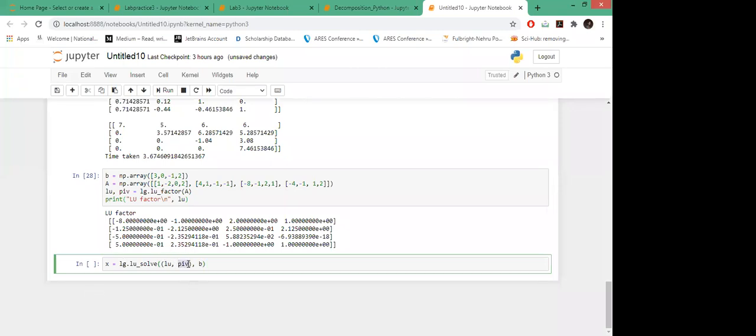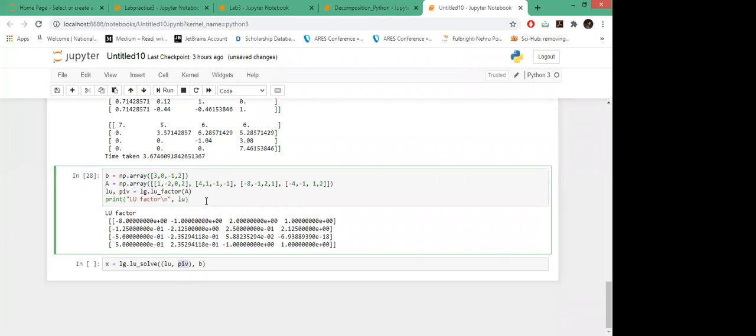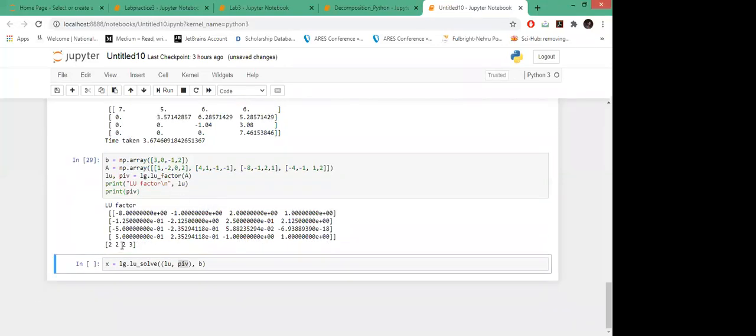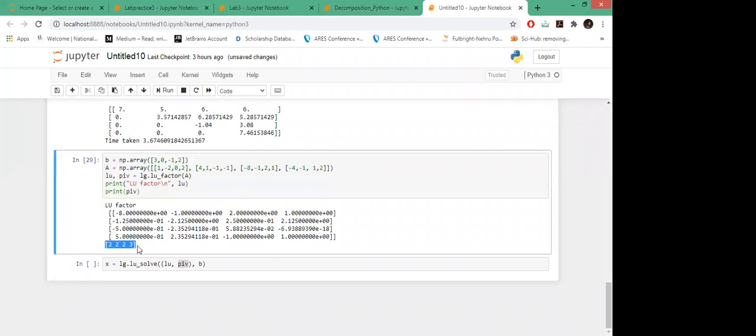Now what this will give, this is taking this LU and pivot. So what this pivot is storing, let's just see this as well. This is nothing but the pivoting which we are doing to generate the permutation matrix. Okay, so this is your pivot array. This is just a list, or we can say one dimensional. So what it is showing is that this means the second. So this is at zeroth index, this 0, 1, 2, and 3. So the indexing from 0.